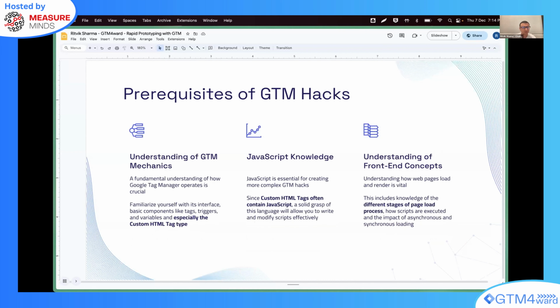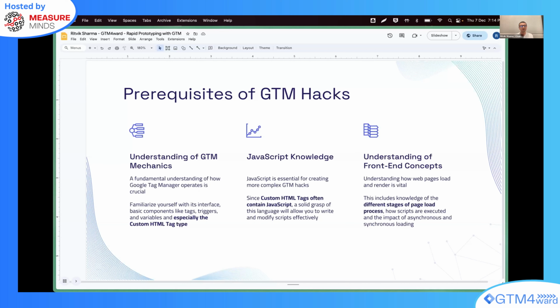Now, as some of the previous speakers mentioned, GTM does require some technical know-how. You do need to have a strong understanding of how GTM works, not just tags, variables, and triggers, but also how a web page works. What does a typical page load process look like?